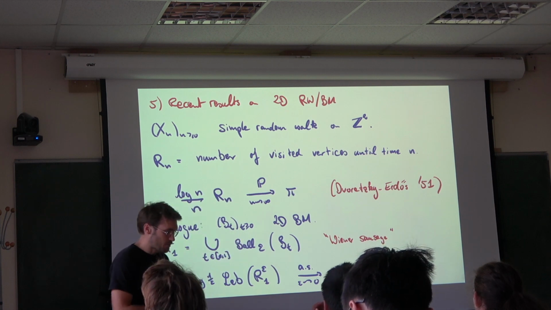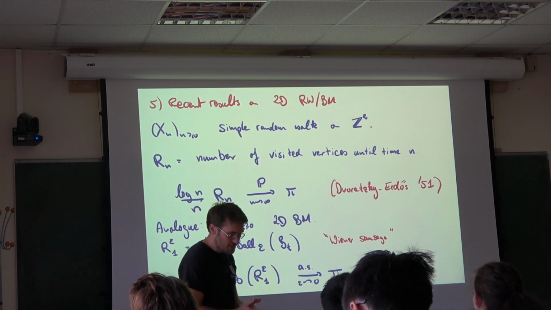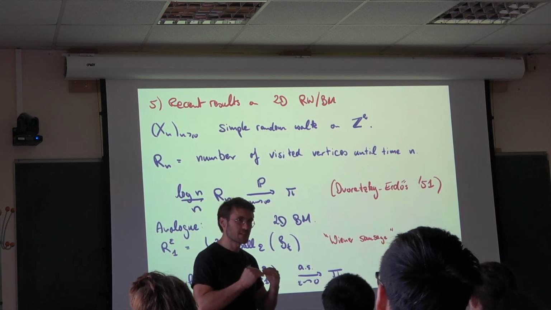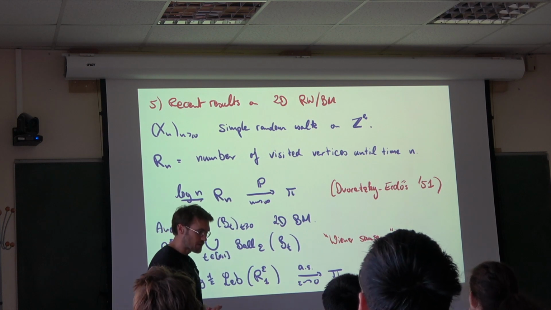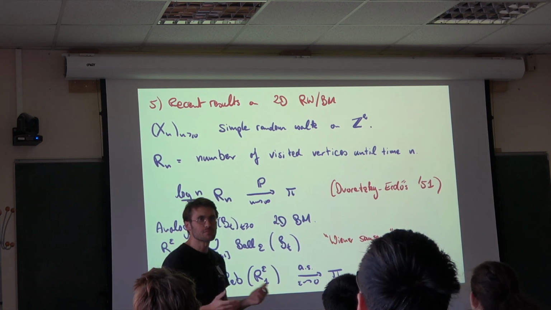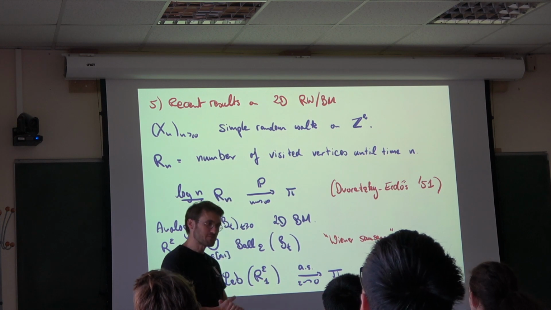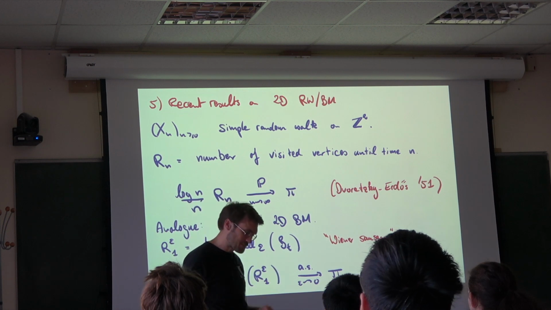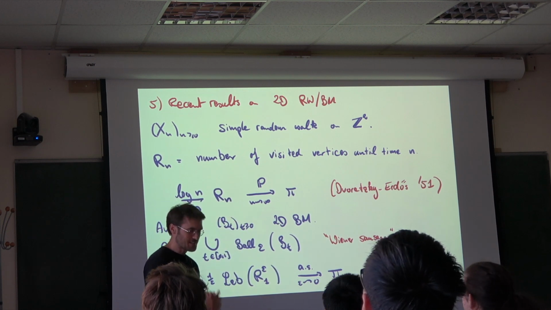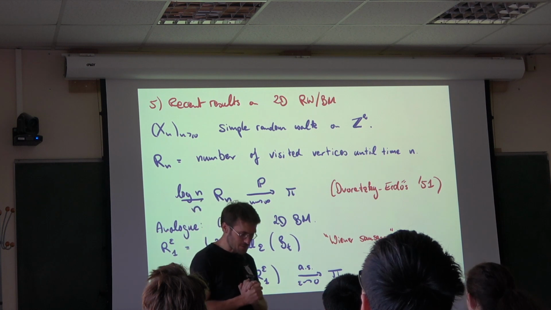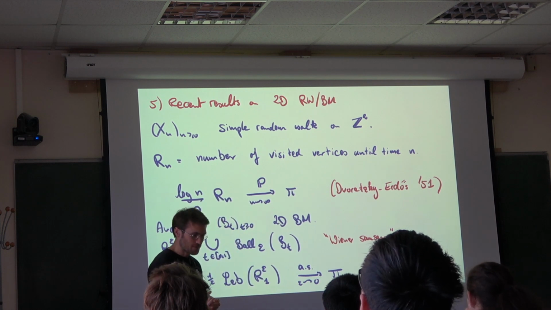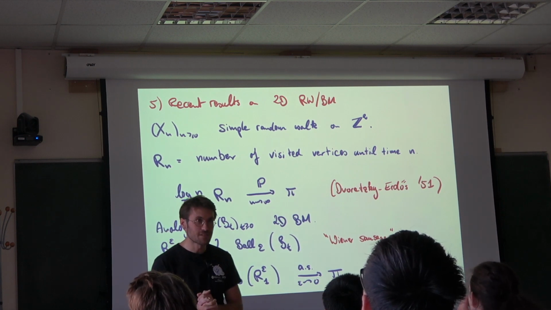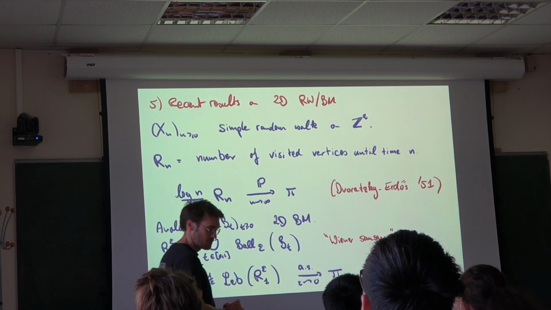Okay, so I hope I convinced you that 2D Brownian motion is interesting because it is precisely at this critical dimension. If there was something like a 2.5 dimensional Brownian motion, it would be transient. If there was something like a 2.1 dimensional Brownian motion, it would be transient. It is precisely at dimension 2 that there is the phase transition from recurrent to transient. Right. So for this reason, there has been quite a lot of interest in specifically two-dimensional Brownian motion,